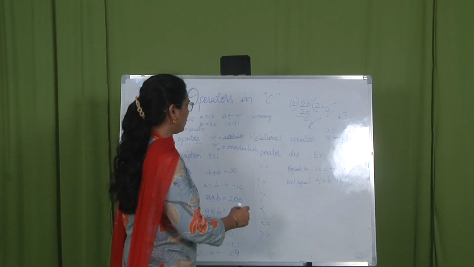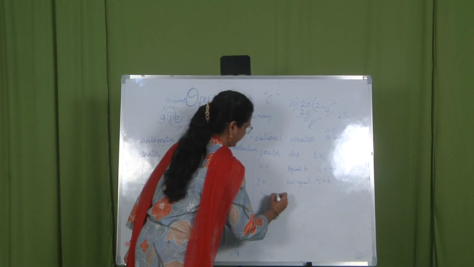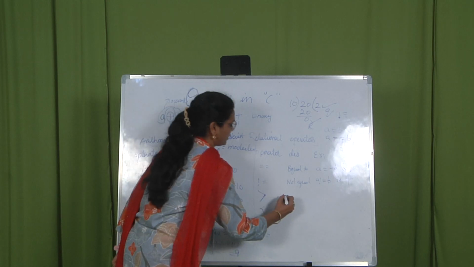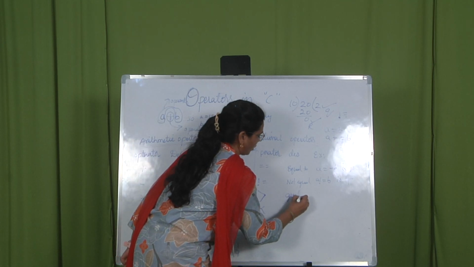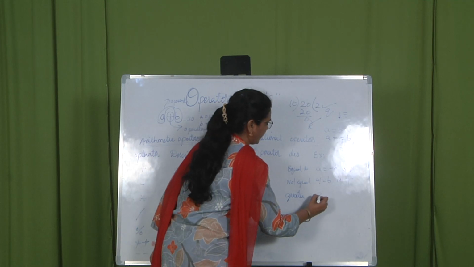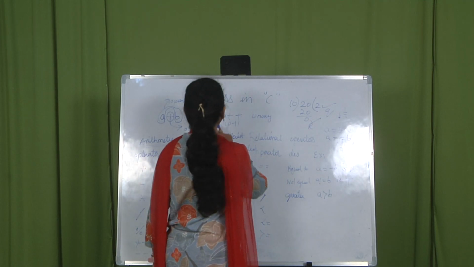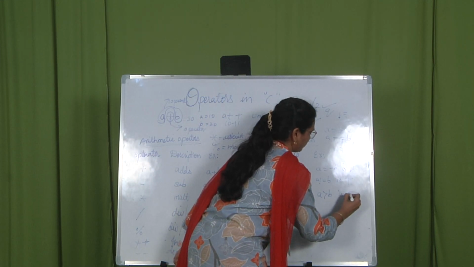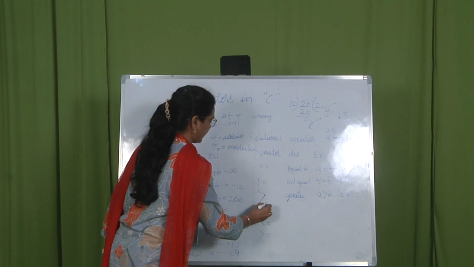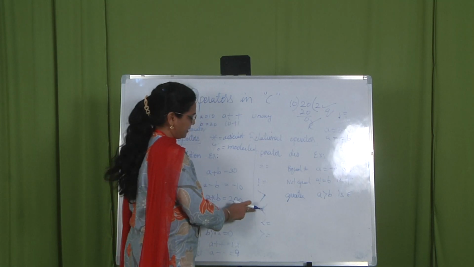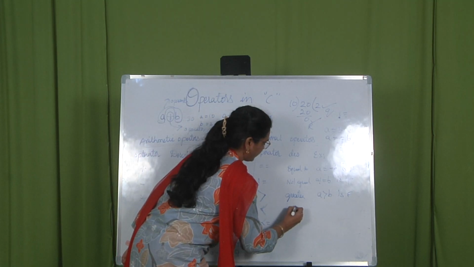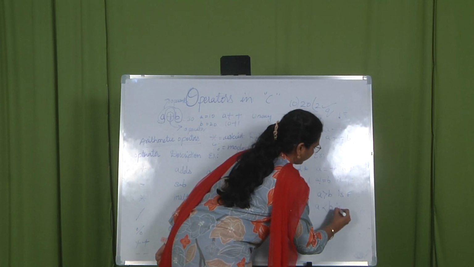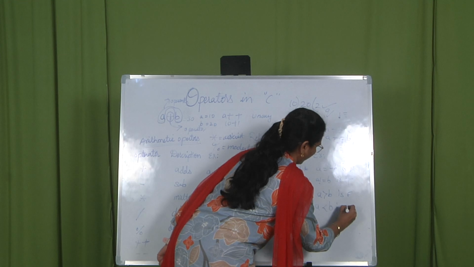Now let us go to the next type of operator. This is greater than. From childhood you have known this; it checks whether the number is greater or not. So a greater than b is definitely false, because 10 is less than b, so you get false. Now the next one, the opposite of greater than, is less than. It checks whether the number is less or not. A is definitely less than b, so you get the answer as true.